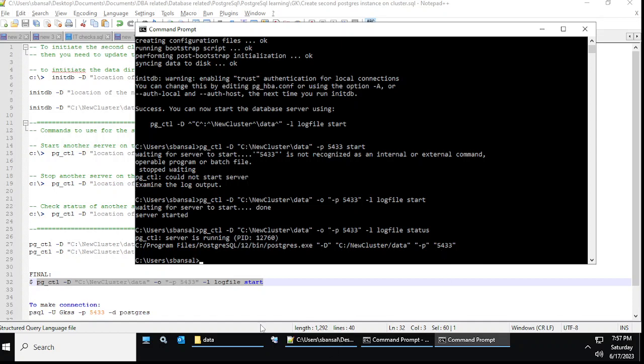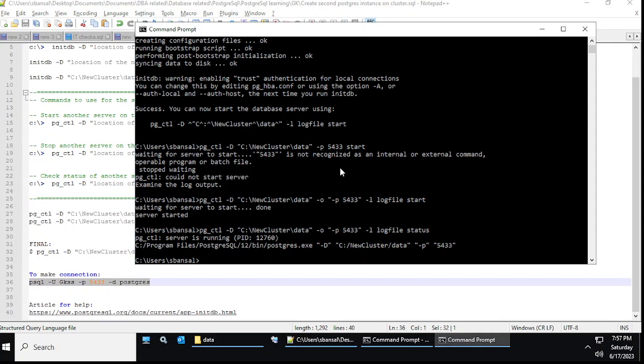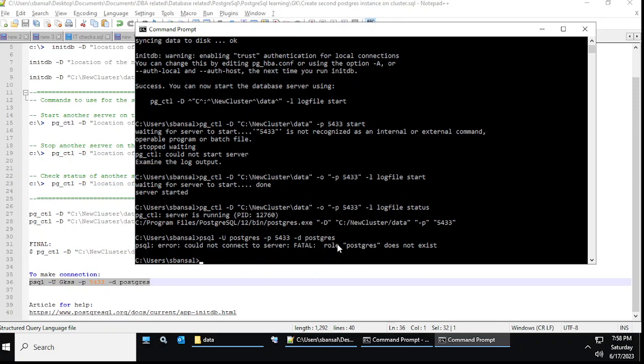Let's try to connect to this new server. Okay, let's see. Here we are mentioning the port 5433. This is for the database. Okay, the user is Postgres. You see, you are seeing this error: FATAL: role "postgres" does not exist. You will see this error because